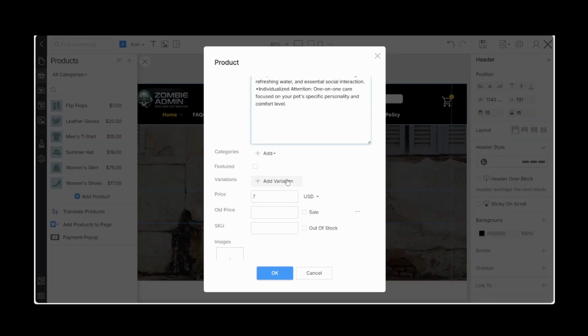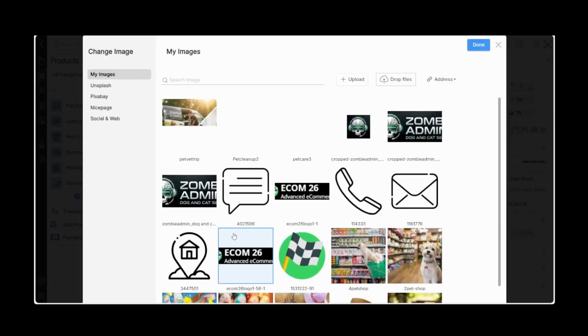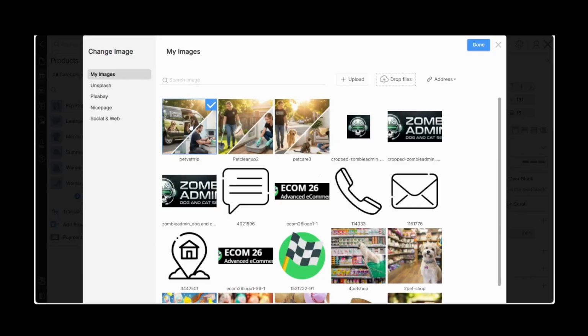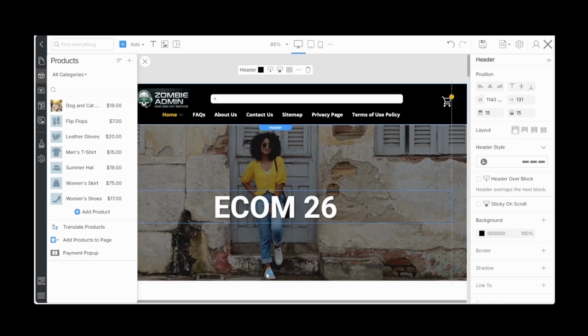Tailored. Add a couple pictures. I'll take this one, this one, this one. Let's place those in. Let's save.